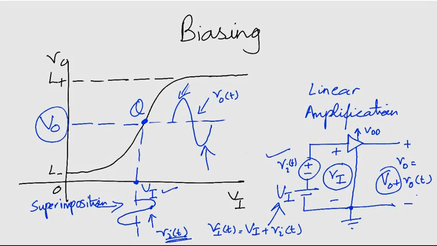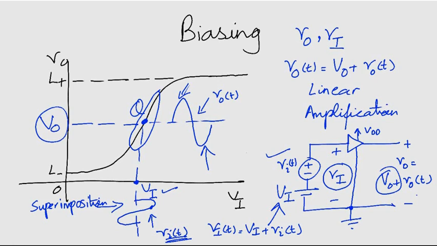It doesn't get distorted because a small vi(t) ensures that the instantaneous operating point with coordinates small v subscript capital O and small v subscript capital I are confined to an almost linear segment seen here. This ensures linearity and hence no nonlinear distortion occurs. The instantaneous output is given by this equation over here,